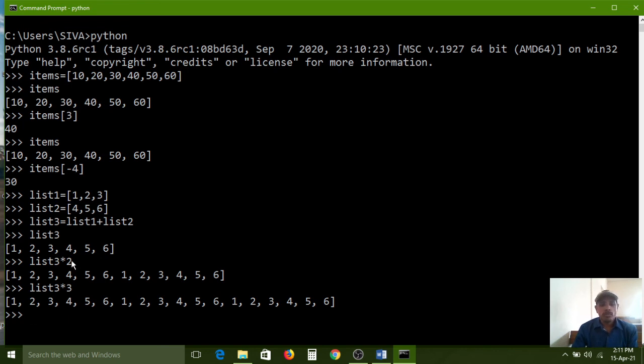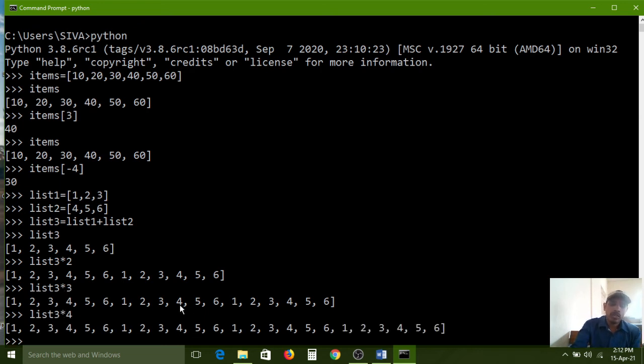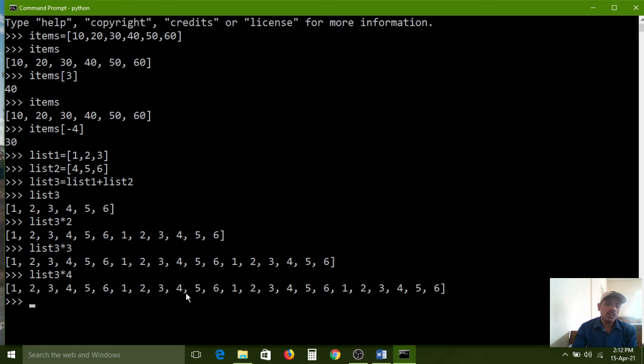By multiplying with 2 using the star symbol, it prints the elements 2 times. If you give 3, then it will print 3 times. Like that, if you give 4, it will print 4 times. So that is the operation we do with the multiplication star symbol, nothing but the asterisk symbol.